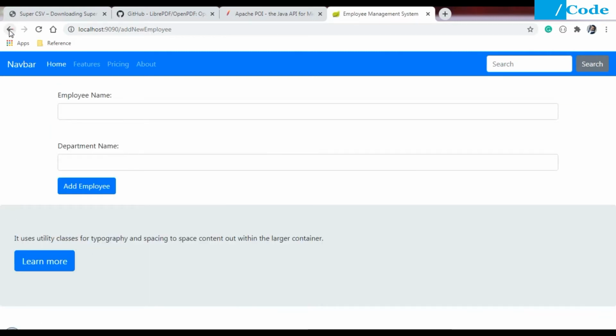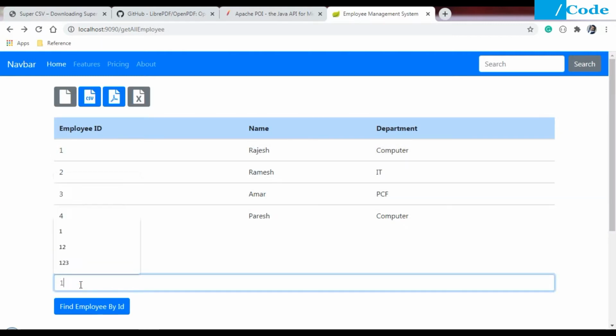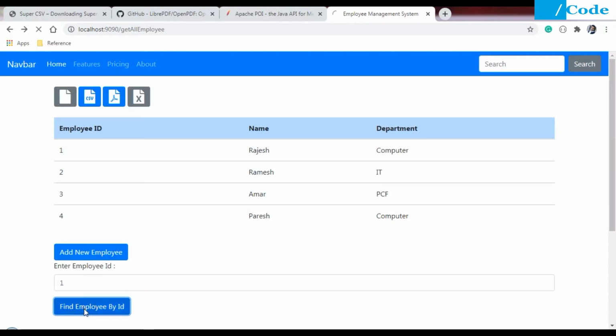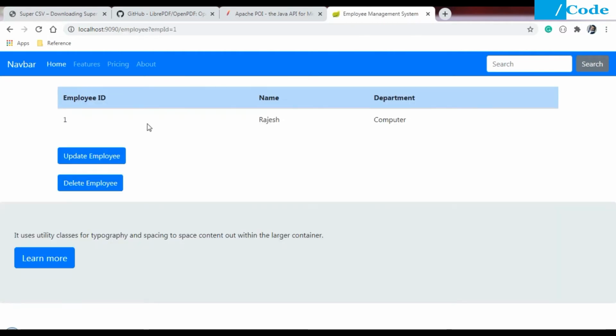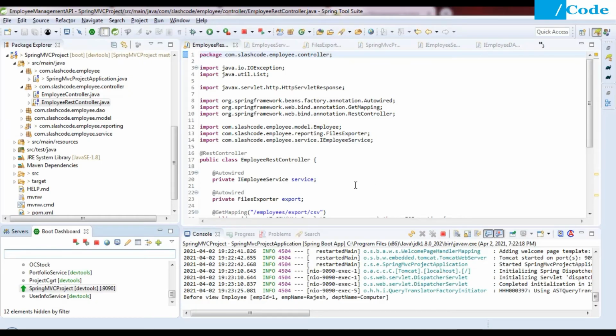Let me go back once again, and if you go with that search you can find more options to delete or update, like update employer, delete employer, and you can see the one user detail here only. So you can also see that the URL is also getting changed, and based on that we are performing the required operation. So this is the CRUD project which is already implemented, and I will share that project link in the description of this.